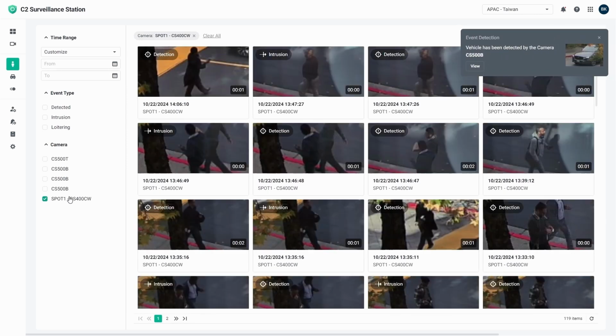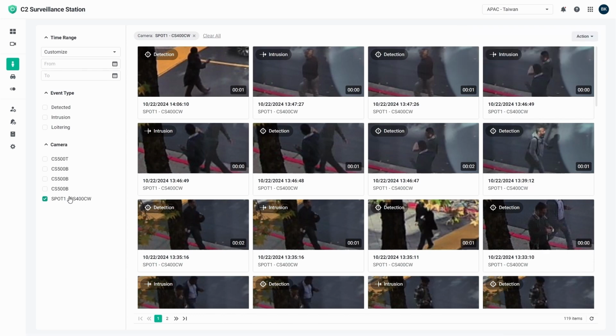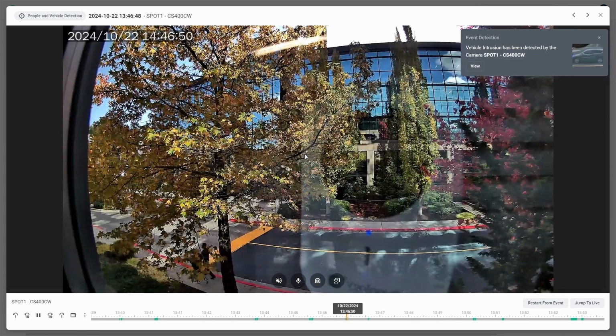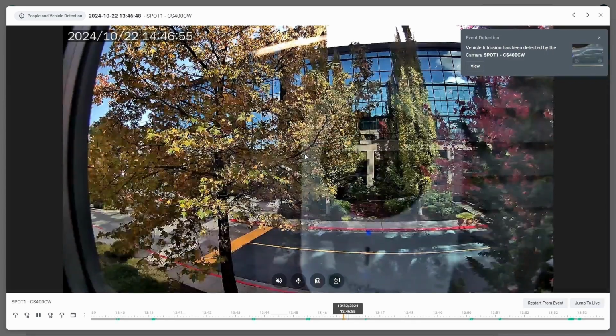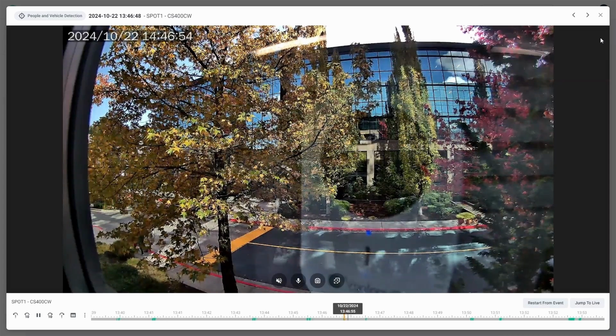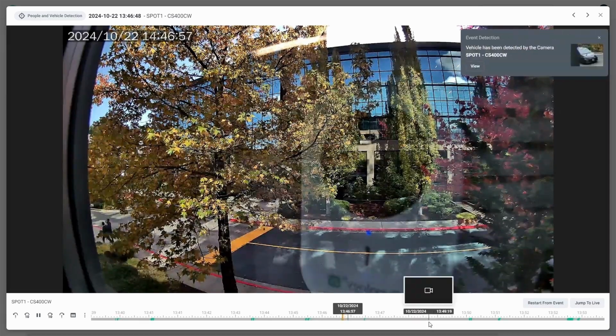So once you have your detection results all selected, you can then begin to review those detection results on the right-hand menu. You can see all the different tiles with all the different detection options. Now, if we click on one, of course, we can see right in the timeline for this camera where this detection actually occurred. And you can see those people walking across the sidewalk right there past that virtual fence that we created just a few moments ago. You can also restart from event utilizing the button on the right-hand side. And of course, just like before, you can go down to the timeline, right-click at any point, and then download footage from this detection for this specific camera.